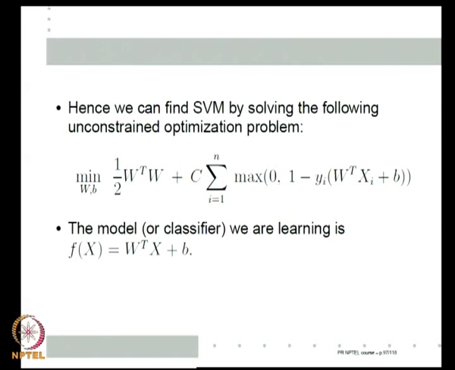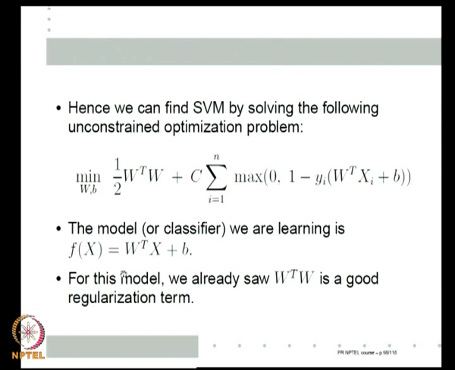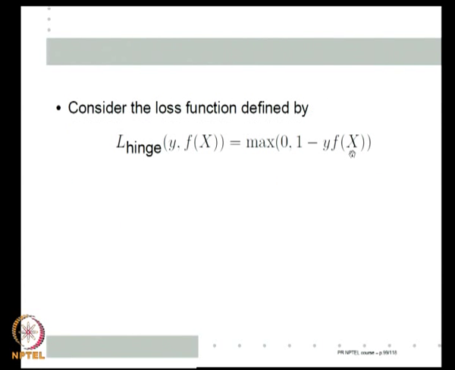Now, the model we used is f(x) equals W transpose x plus b. So, this term is like something between y_i and f(x_i). This is f(x_i). So, 1 minus y_i f(x_i), this is some function of y_i and f(x_i). So, this can be a loss function. If this is a loss function, this should be the regularization term, right. Of course, where that C comes is a matter of convenience. And we know that is a regularization term, because for this model, we already know that W transpose W is a good regularization term. So, this must be the empirical risk. So, is this empirical risk? Yes, of course, it is empirical risk with respect to a particular loss function that we have seen earlier when we studied loss functions, called the hinge loss.